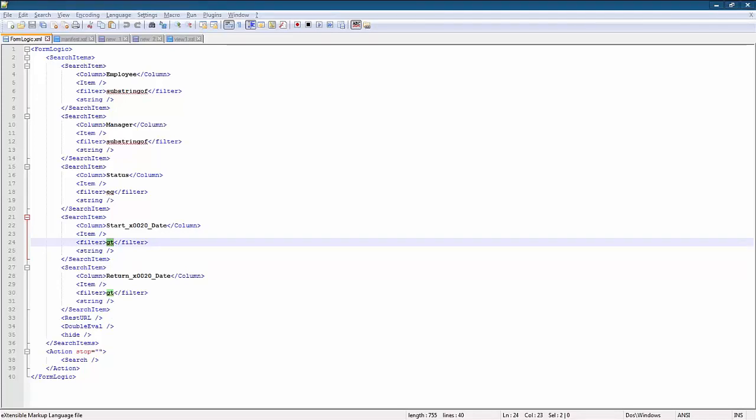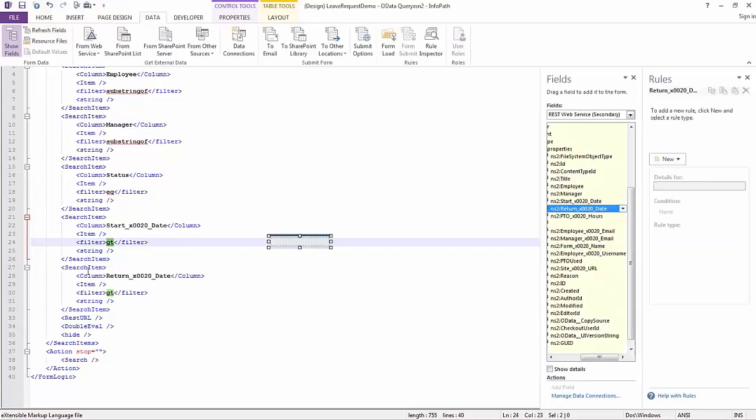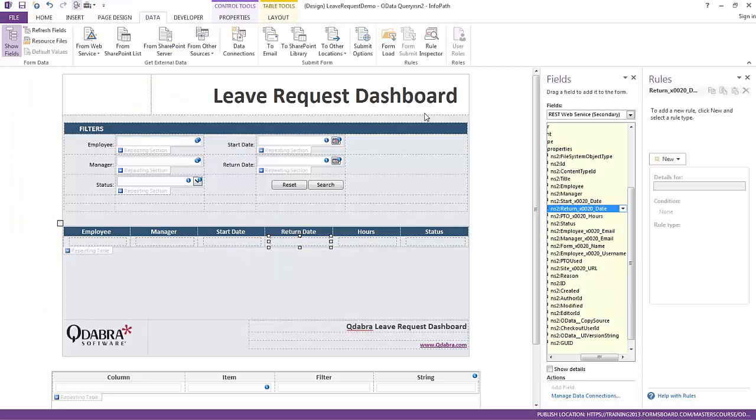Now, why did I use a double eval instead of a substring approach to declare what items to be searched? Well, if you have lots of search filters, using the double eval approach gives you better leverage, and it is easier to read the filter strings. Here's why. If we run this in preview,